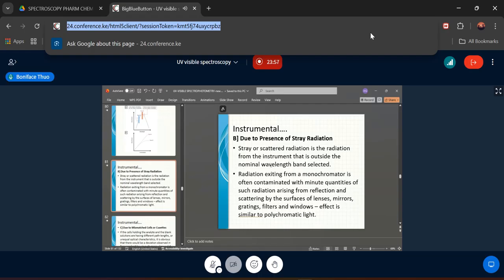The other component of instrumental deviation is due to the presence of stray radiation. So when the radiation source in the equipment produces light, some of that light will be scattered by surfaces, mirrors, etc. And some of that light may eventually find its way to the detector. So the detector is not able to tell the difference